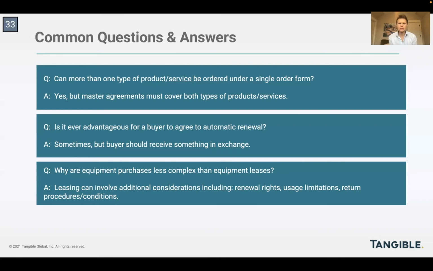Great. And the third question is, why are equipment purchases less complex than equipment leases? Alex, do you want me to take a run at this one since I had equipment orders? Yes, please go ahead. So we touched upon this as we talked about equipment orders, but the basic answer is, when you're buying something, it's like going to Best Buy and buying a television. Everybody understands that transaction: pay for it, product comes in, product needs to work, product is covered by a warranty of some kind. If it doesn't work, it goes back. That's simple, straightforward, easy to do.